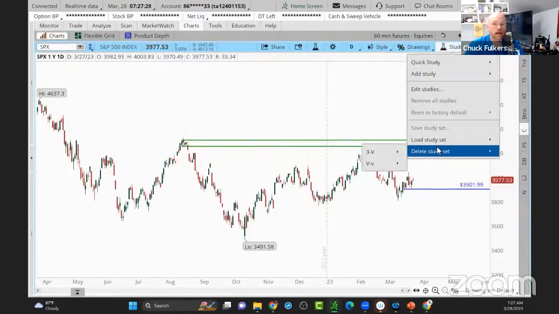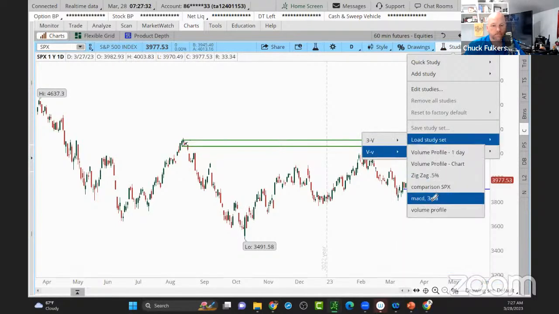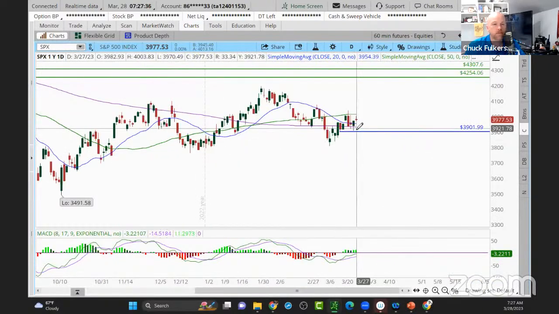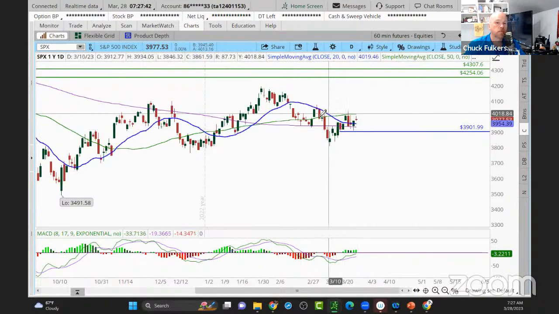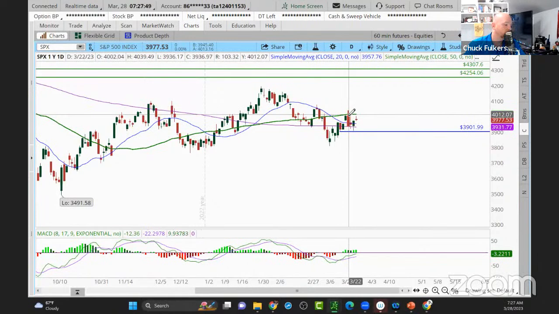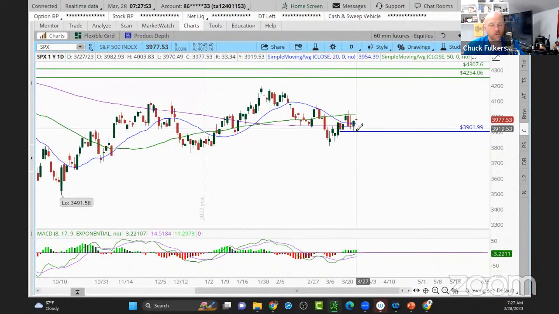Well, because if I throw my two moving averages on the S&P, are we above the 200-day moving average, which is the purple line? Yes, we're slightly above the 200-day moving average. Are we above the 20-day moving average, which is the blue line? Yes, we're above the 20-day, but we're below the 50, right? So any stock that is above the 50 and above the 200, by definition, will be outperforming the S&P 500